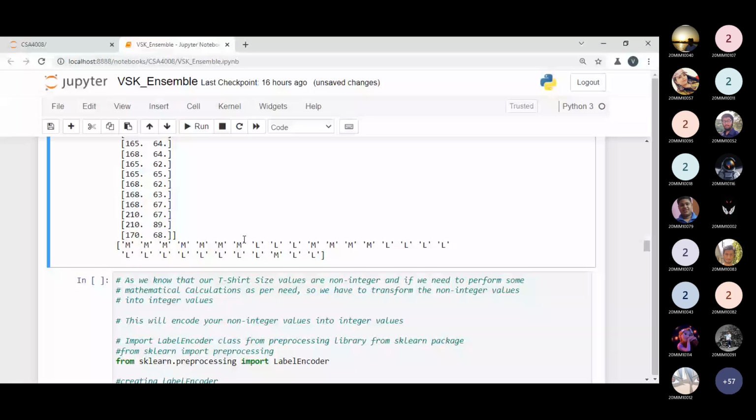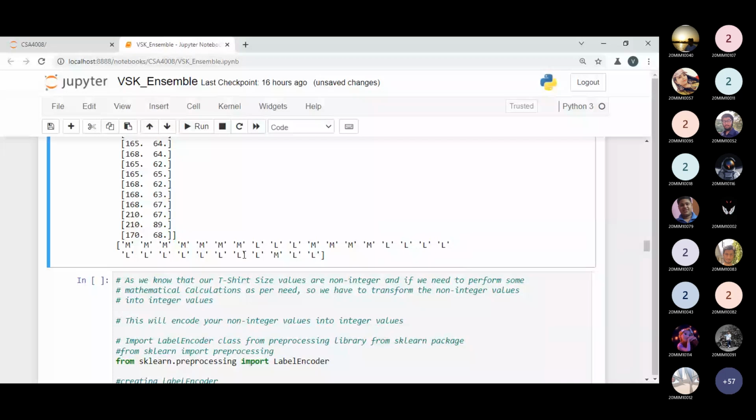But you have observed many things in the previous example, or previous parts we have discussed. If we need to check the classification properly, we have two types of classification data, that is M and L, that is medium size and large size. But what we have observed here is that we have non-integer data values. So we have to transform these non-integer data values into integer data values. So what is the method by which we can do this?